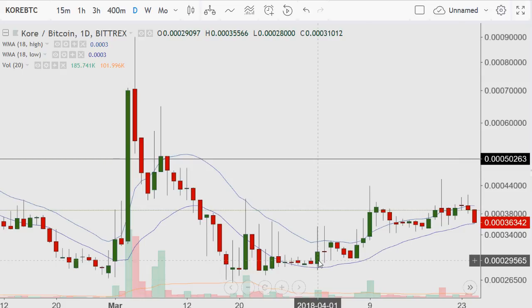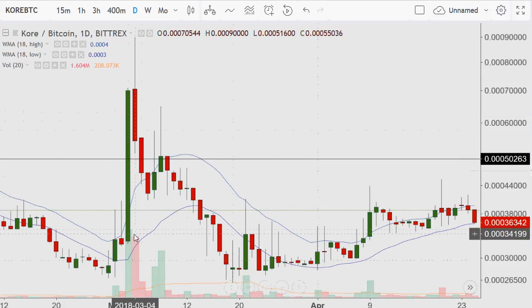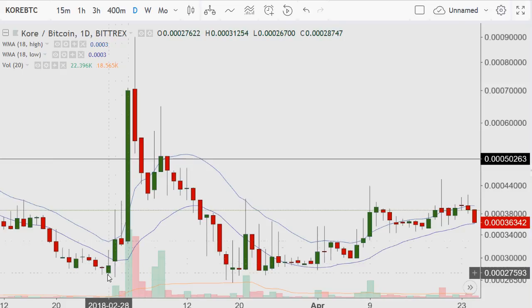That's over 25%. And then, of course, just within this day here, March the 4th, intraday low, the 323 handle, intraday high, 710, greater than double. And if you include it from the low to the high, February 28th, the low of the 267, and then a high of 900,